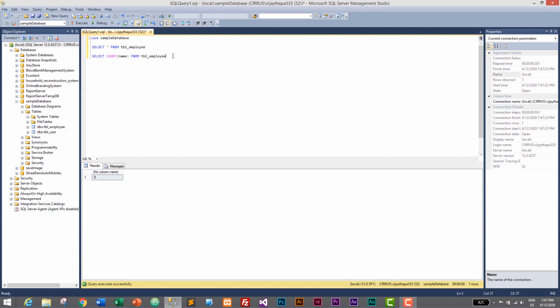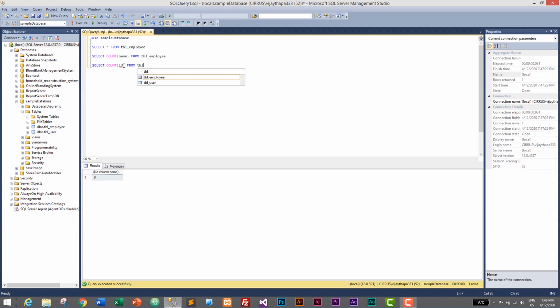Similarly, we can also use this count aggregate function with the select statement and the where keyword. So let's take an example of the count aggregate function with the where keyword. Let's find the total number of employees from Kathmandu, where address is equal to Kathmandu. So select count. You can either give ID or name, because we are not returning any names or IDs. We are only returning an integer value, which will be the total number of employees. So here I'll give ID. You can give any column name, and